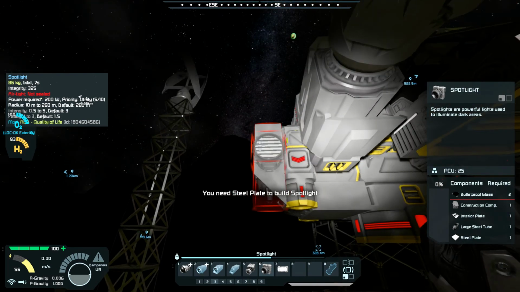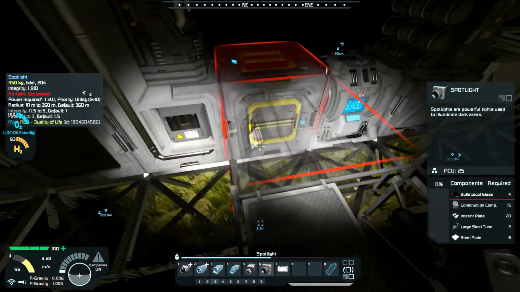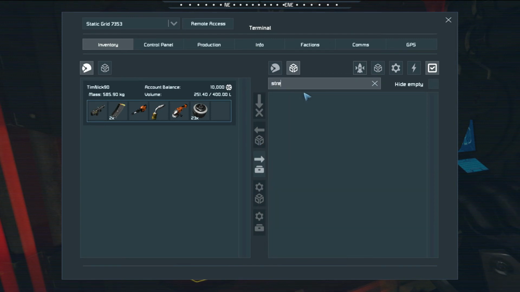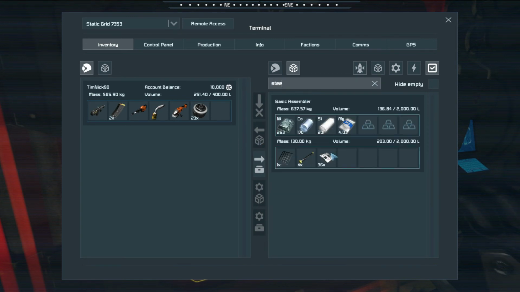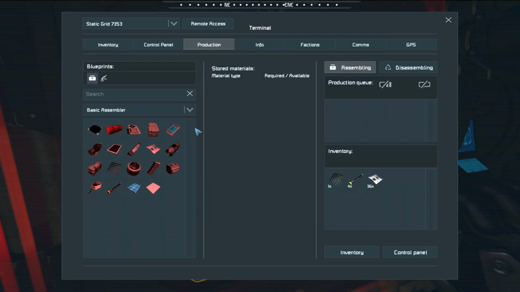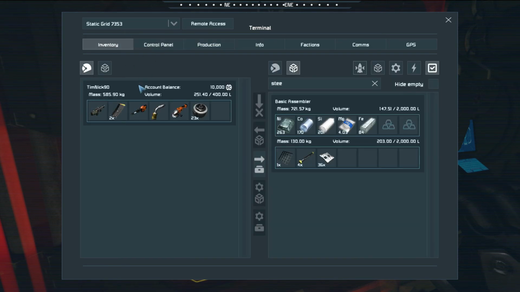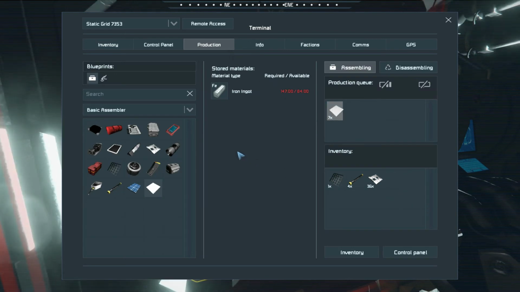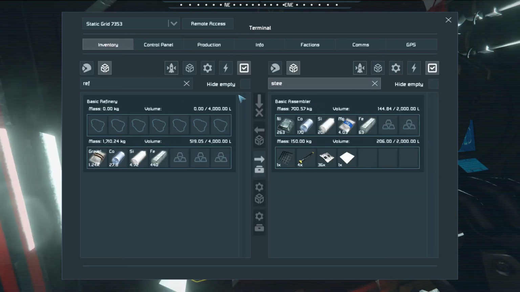Sure. Oh, I need steel plate. Do I have steel plate? That is the question. Will it help if I spell it? No. So, just queue up 10. Do I have enough to do that though? Yes, I should. Just got back from another trip. I know I've said that, I don't even know how many times now, but...